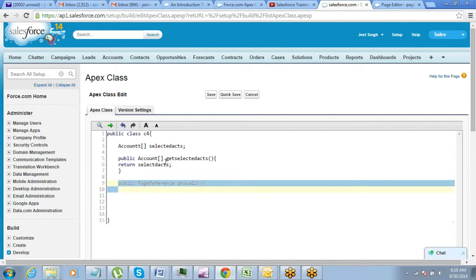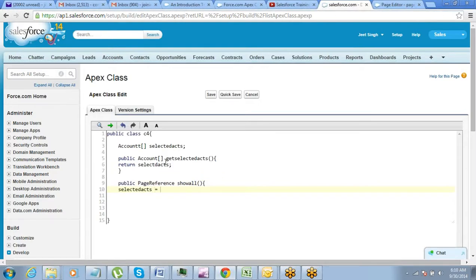So in this page reference, I will set the value for my selected accounts equals select name, type, industry, phone, fax from account.